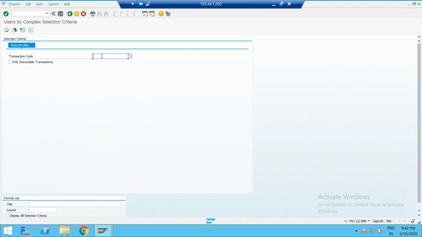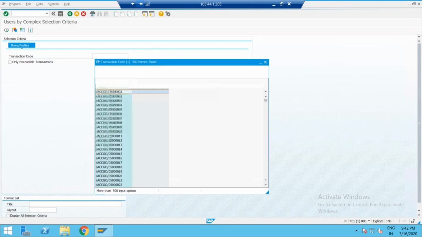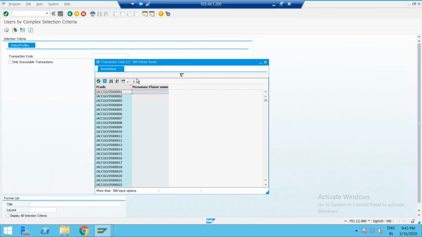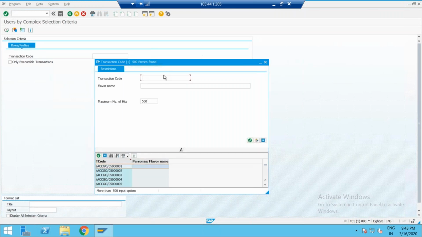You've done the certification, no? Yes. In the certification training, how are you preparing reporting for users or anything else? Okay, enter any transaction code, just assume something like SM50.